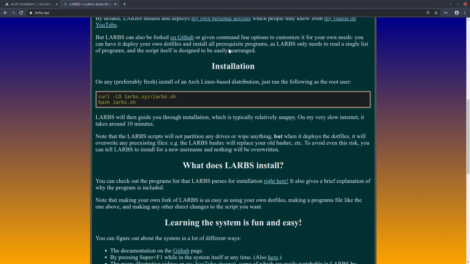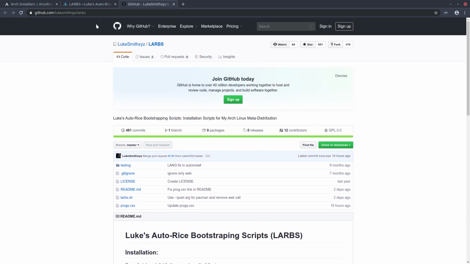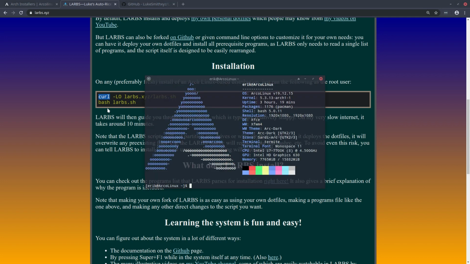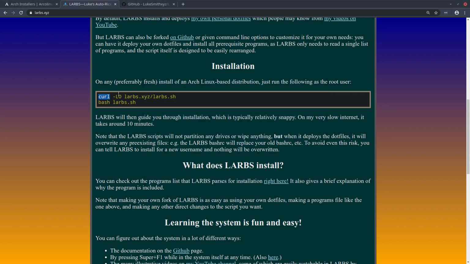They are awesome. But larbs can also be forked on GitHub, so there's a GitHub we can take a look at. So the auto-rice scripts. Okay, let's open. We have to do this as installation. We have to curl, and curl means download. I don't know what it means either. So man curl, what does it mean? Transfer a URL. Okay, C URL. So any idea what the C stands for? Curl, right? We never think about these things unless we teach. Well, I know. C URL. So curl. Get it from there,